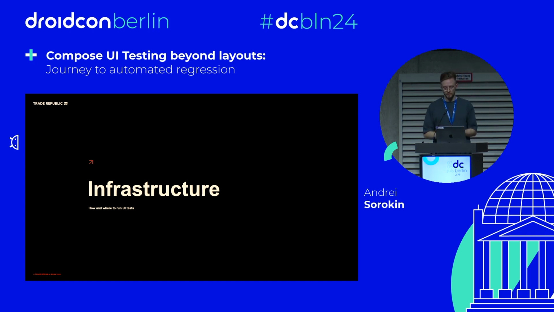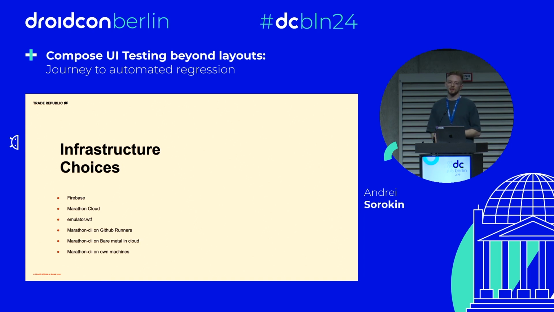For infrastructure, I think it deserves its own talk, so I'm just going to briefly cover what we use, so you can get a sense of what we do. So we tried Firebase. With Firebase, you can basically just check one device at a time, so you cannot scale it that well. You have to prepare it and so on. What we wanted to do is run UI tests on the PR, on every change that you make to the PR, and then have fast feedback,